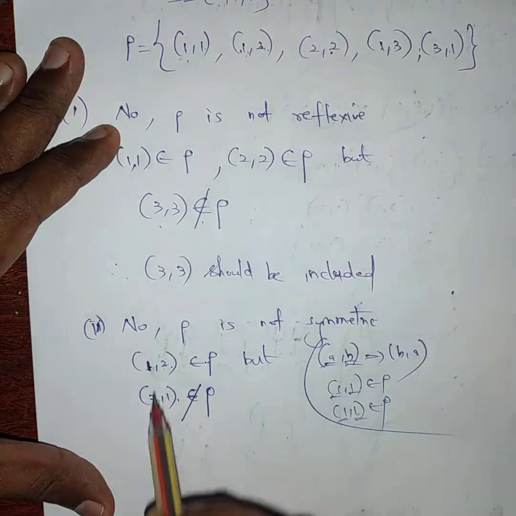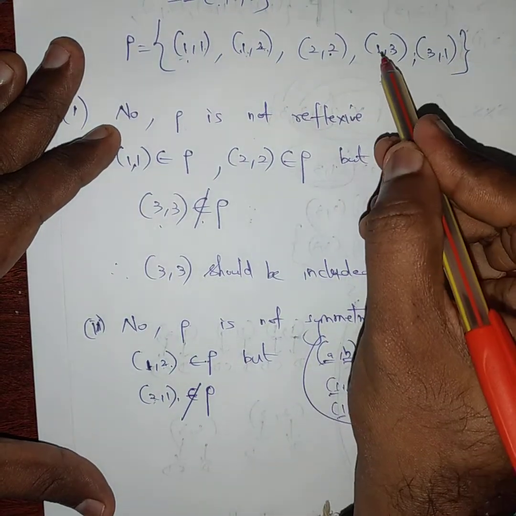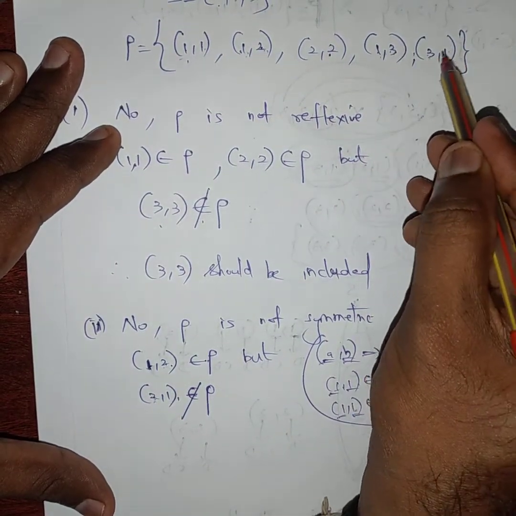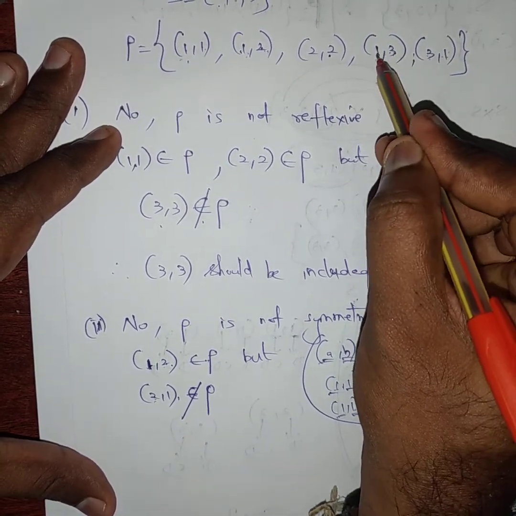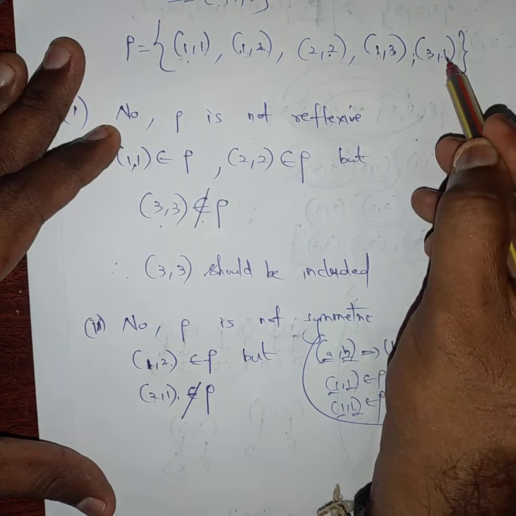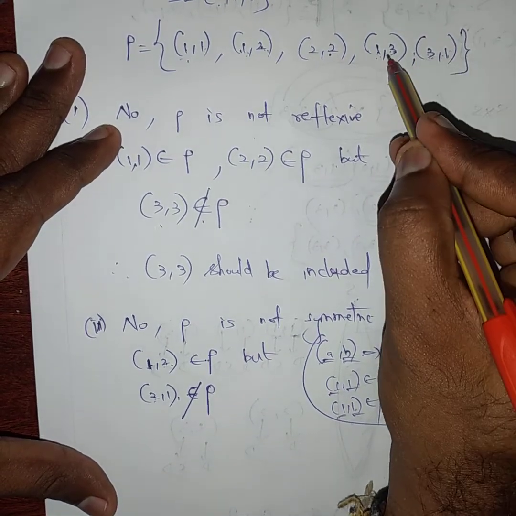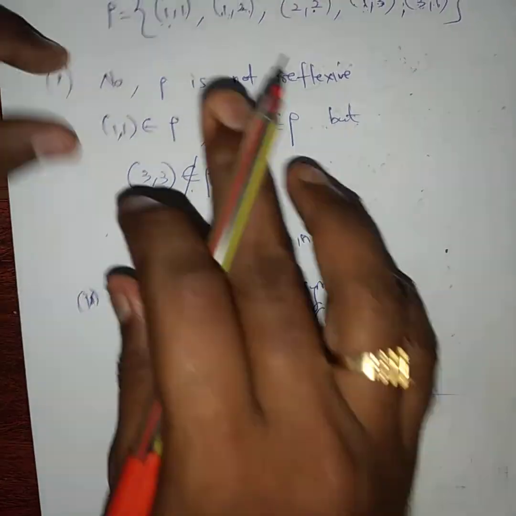For 1 comma 2, there is no 2 comma 1. For 1 comma 3, there is 3 comma 1. For 3 comma 1, there is a 1 comma 3. You want to check first this one. For 1 comma 3, there is 3 comma 1. Check it. Yes, 3 comma 1. For 3 comma 1, there is 1 comma 3. Check it as 3 comma 1. So, what I want to say,